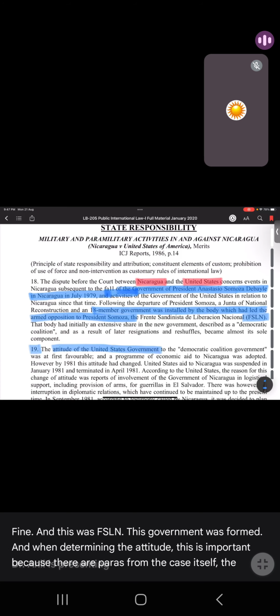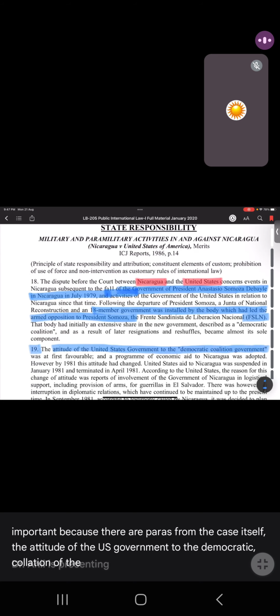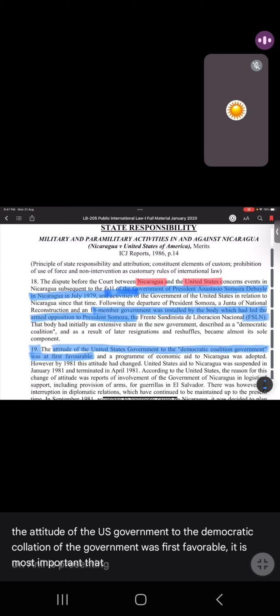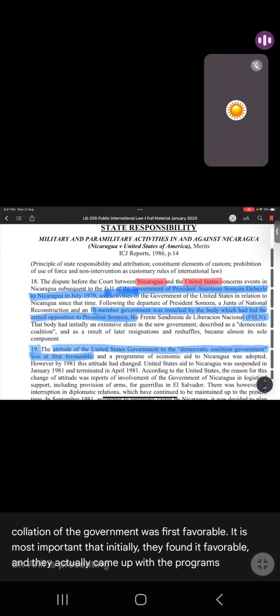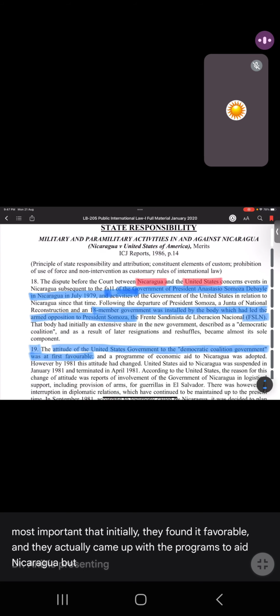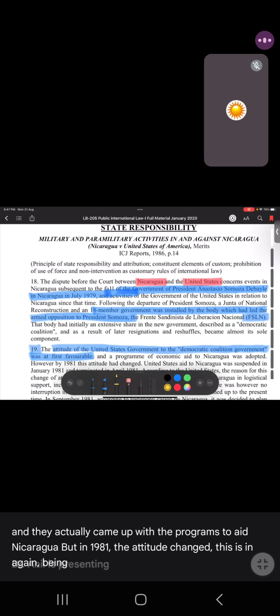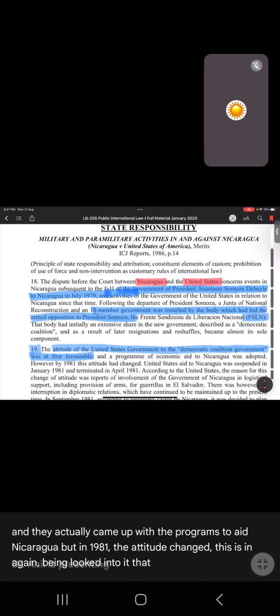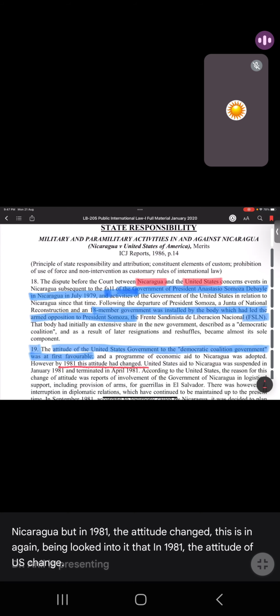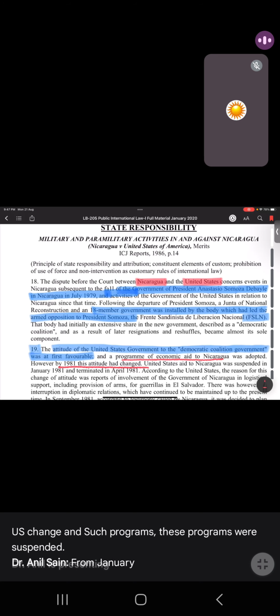The attitude of the US government to the democratic coalition government was at first favorable. It is most important that initially they found it favorable and actually came up with programs to aid Nicaragua. But in 1981, the attitude changed. In 1981, the attitude of the US changed, and these programs were suspended from January 1981 and terminated in